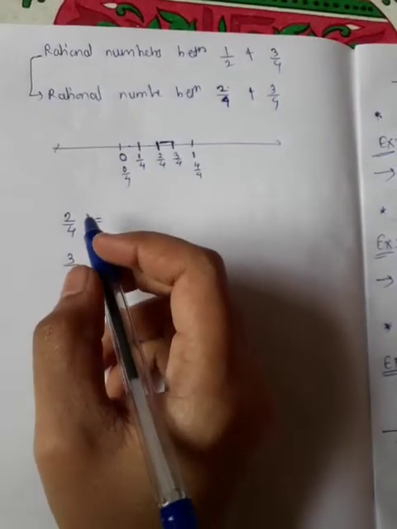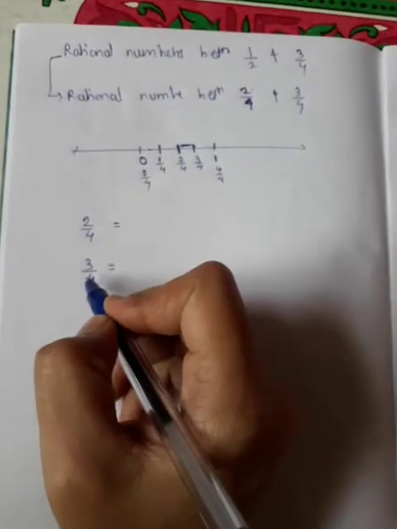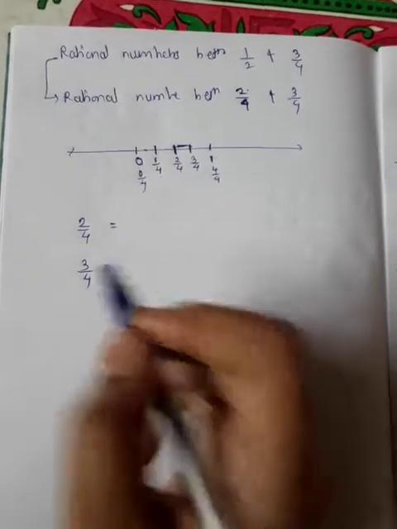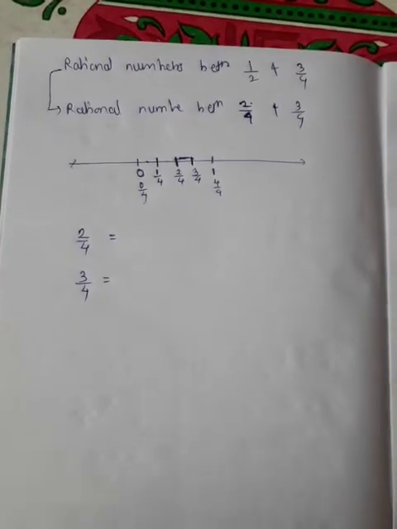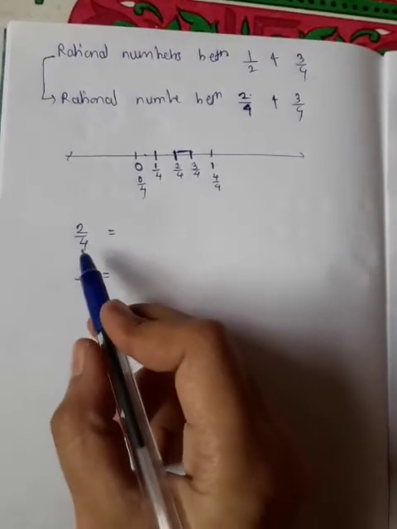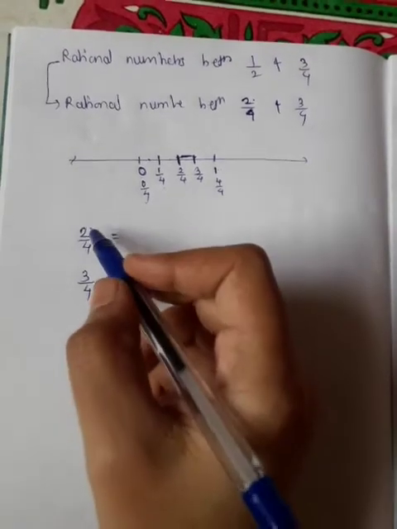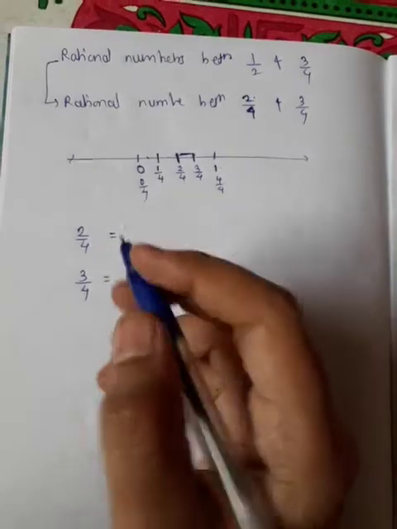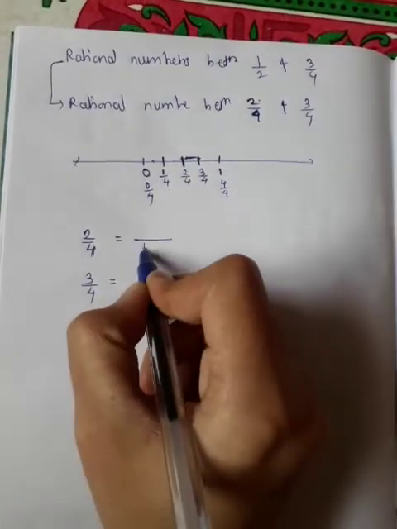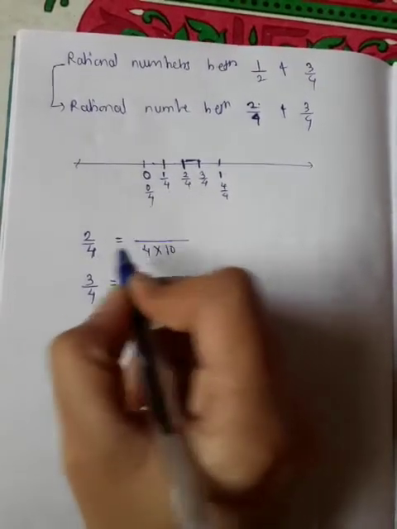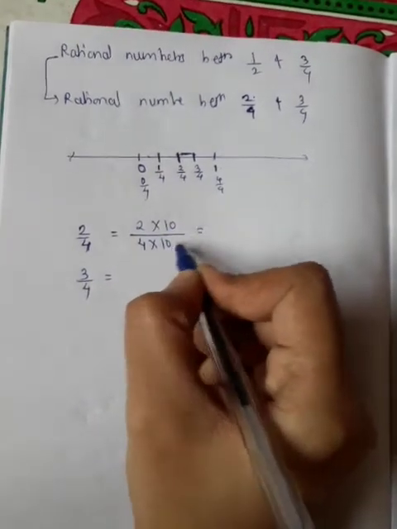Now see, when rational numbers are converted into equivalent fractions with increasingly bigger denominators, more and more rational numbers will lie between them. Okay, so the denominator of any number can be increased, and then the numerator also increases the same number of times. Suppose the denominator is 4, and we increase the denominator by 10 times. As we increase the denominator, the numerator also increases by 10 times.